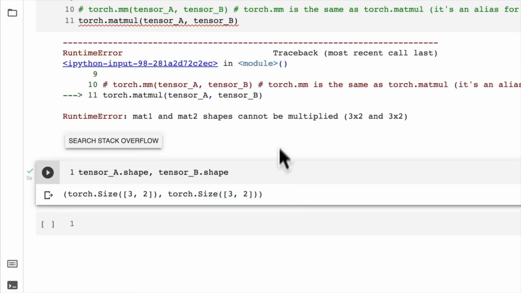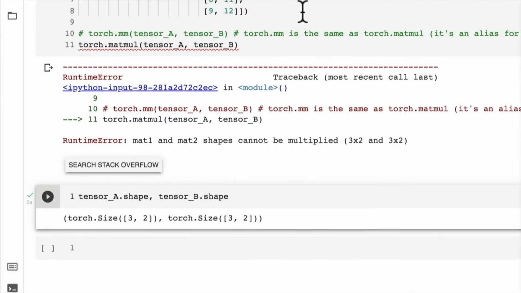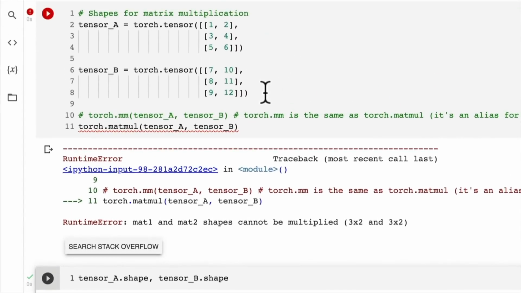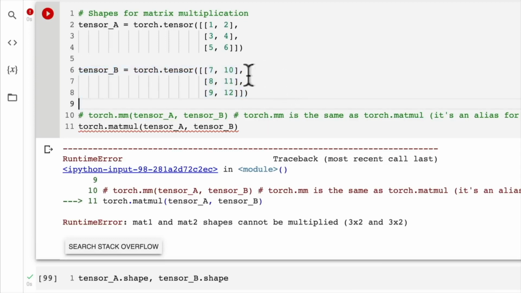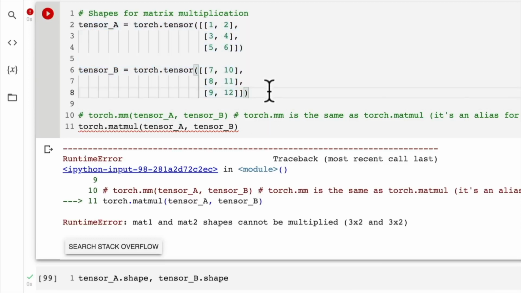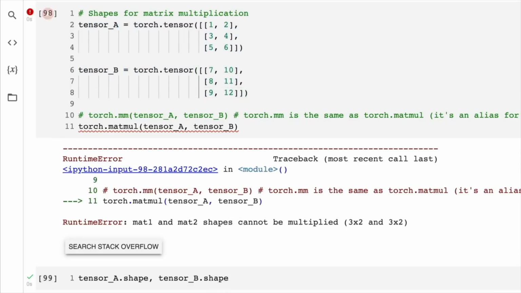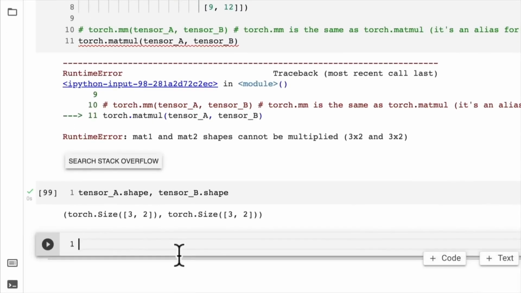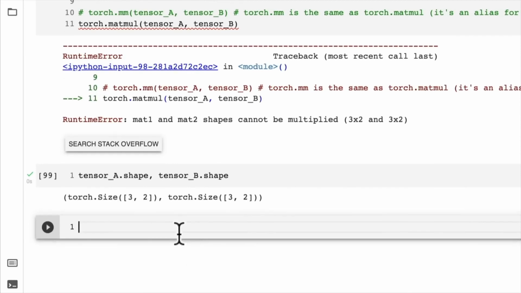Torch size 3, 2. Now, in the last video, we created a random tensor and we could adjust the shape on the fly. But these tensors already exist. How might we adjust the shape of these? Well, now I'm going to introduce you to another very common tensor manipulation that you'll see, and that is the transpose. To fix our tensor shape issues,